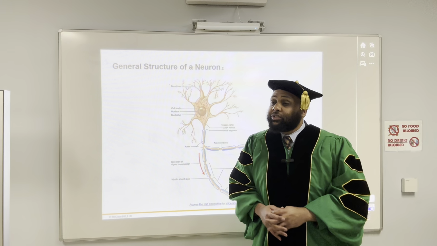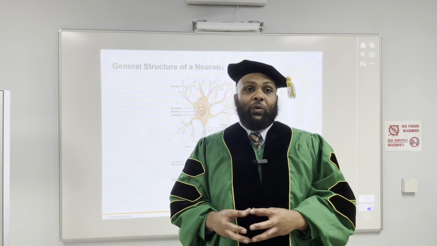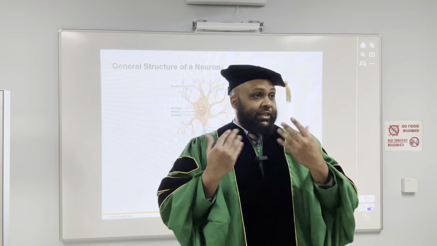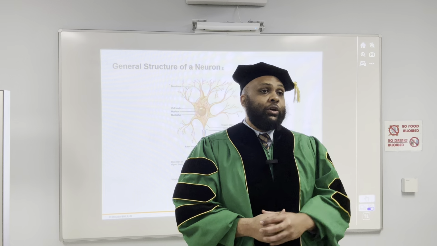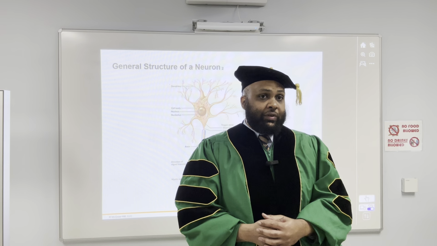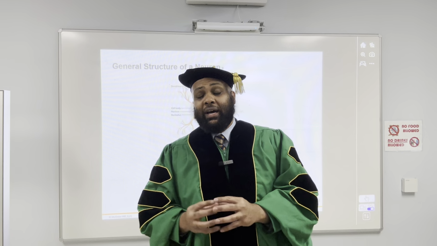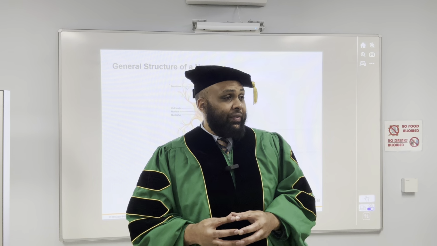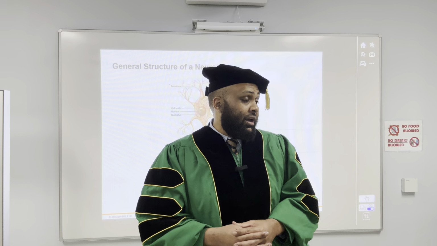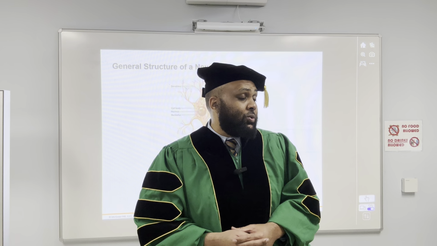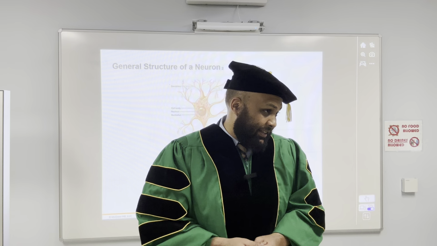Yes, so the oligodendrocytes are found in the central nervous system. If you are an axon of a neuron in the central nervous system, then you have the oligodendrocytes wrapping the myelin sheath around it. But if you have a neuron that is outside the central nervous system, in the peripheral nervous system, what kind of cell is responsible for that? That is the Schwann cell.